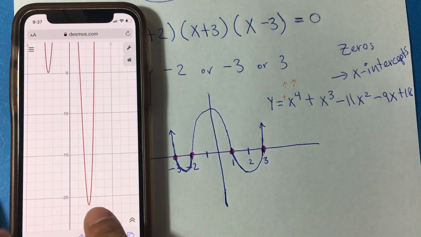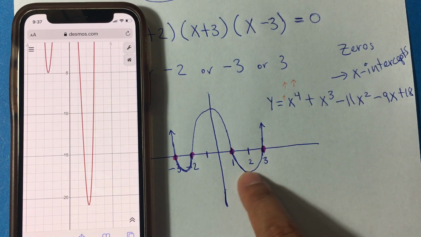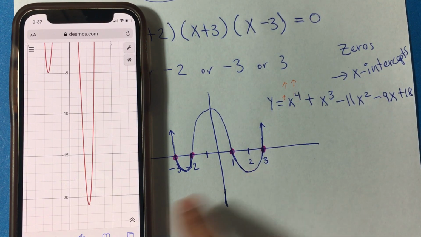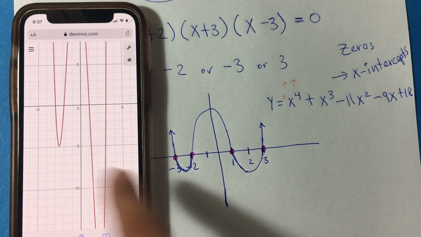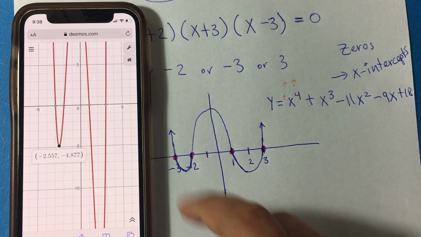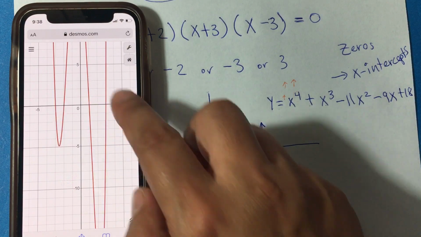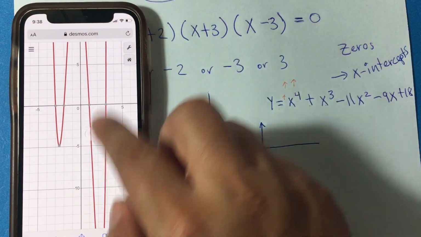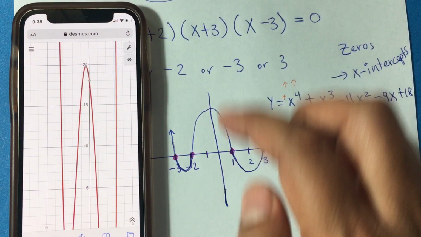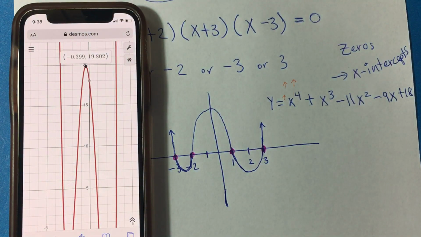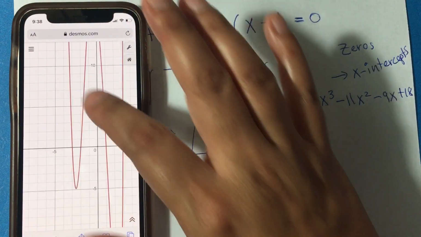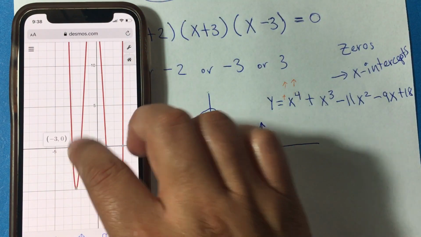You can see that it goes down all the way. Again, we don't care about where you're going to graph that, but you can see that it's lower than -20. And then for this one right here, close to -5. And up here, you have another local maxima, which is almost 20. But again, we only care right now about these